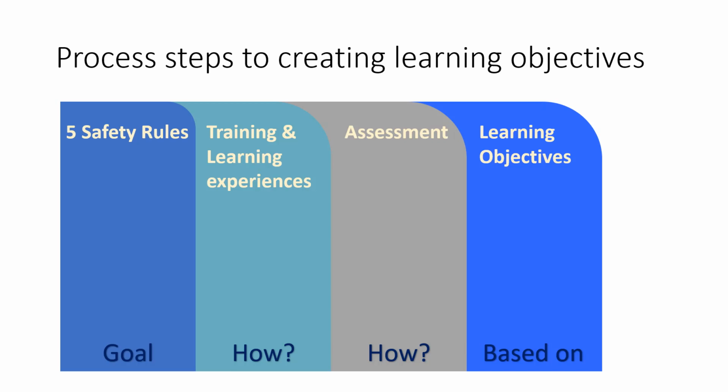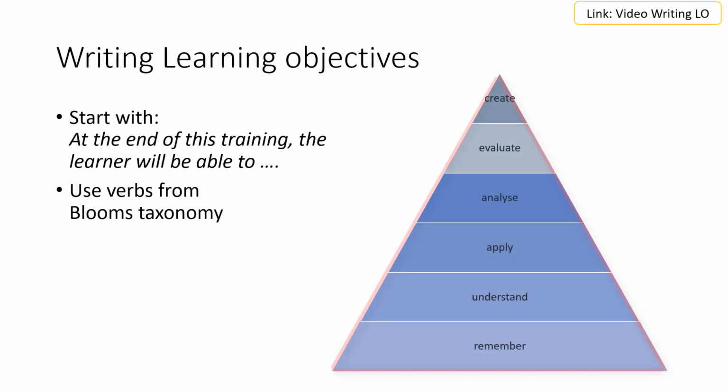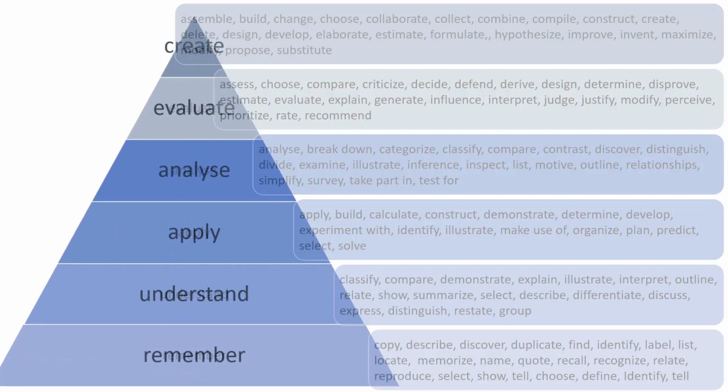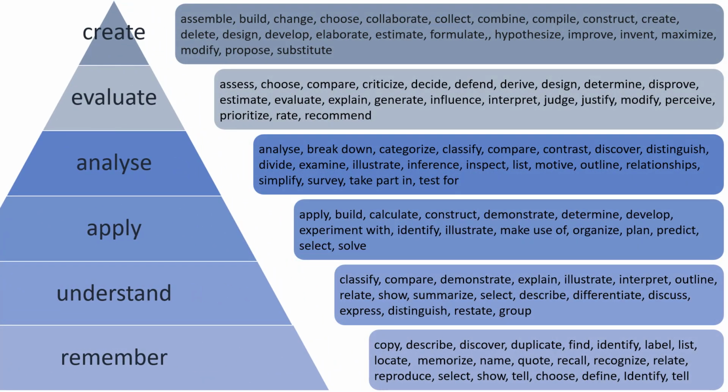Now, what does it look like in practice? You will often see Bloom's taxonomy depicted in the form of a pyramid, simply because each level of thinking builds upon the previous. You can start higher, but you cannot skip a level. The lowest level of thinking is remembering. The highest is to create something. And each level comes with a set of typical verbs to be used. For example, if the learning objective is simply to remember facts, then you should use verbs such as name or list. If you want to find out if the learner can apply certain knowledge, use verbs such as demonstrate or